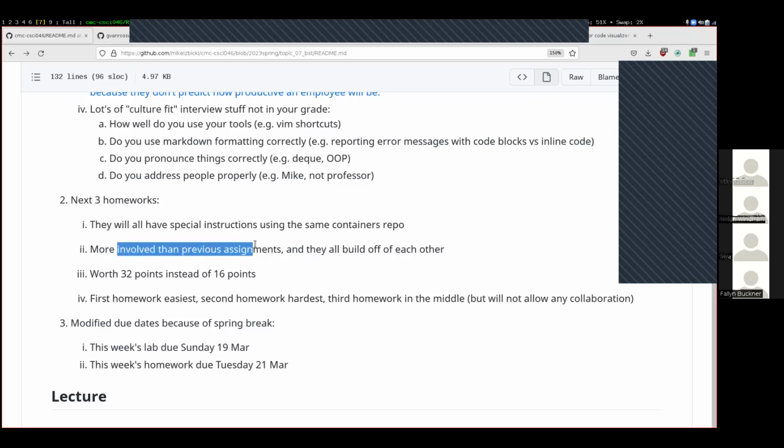All of these assignments will be more involved than the previous assignments. And again, they all build off of each other. So if you have a problem doing one of the earlier ones, you're still going to have that same problem doing the later ones. So try not to have those problems. I guess easier said than done, but make sure that you get help if you do run into problems. And then because they're more involved,